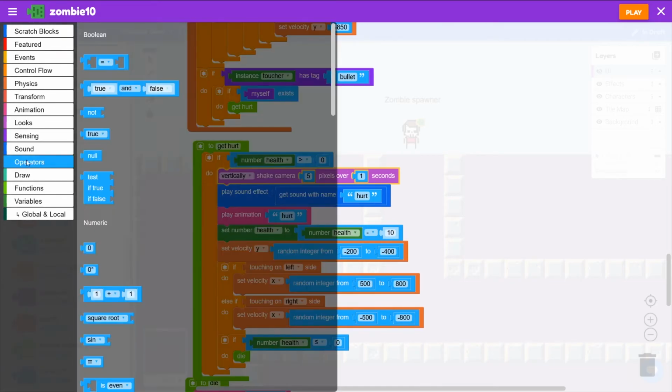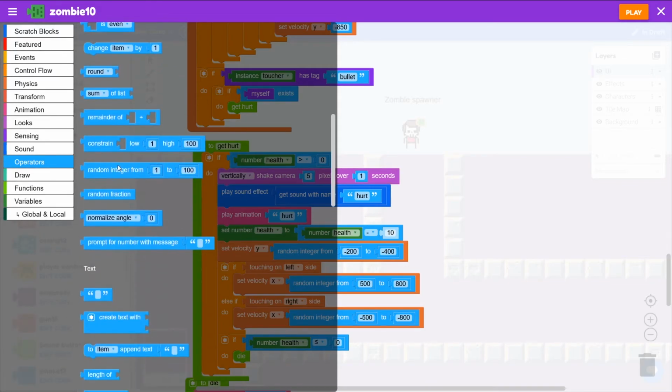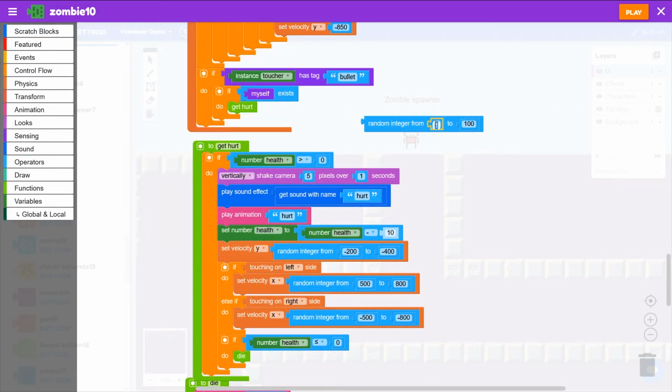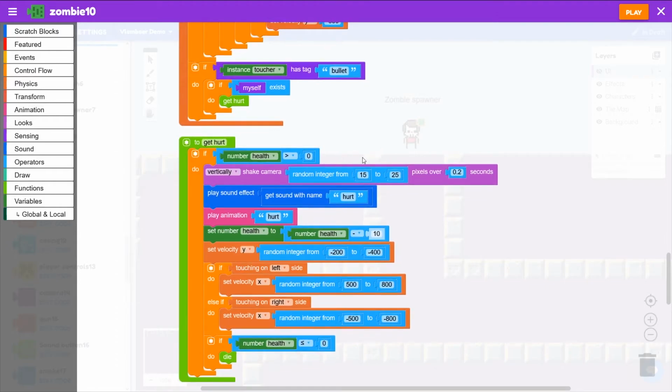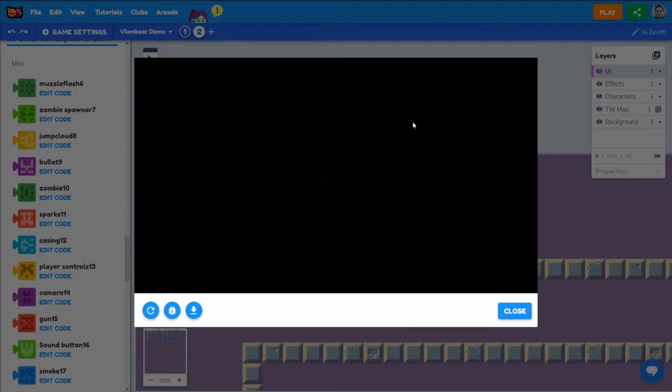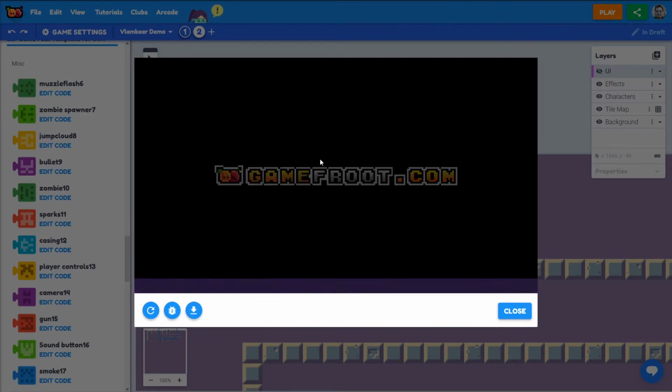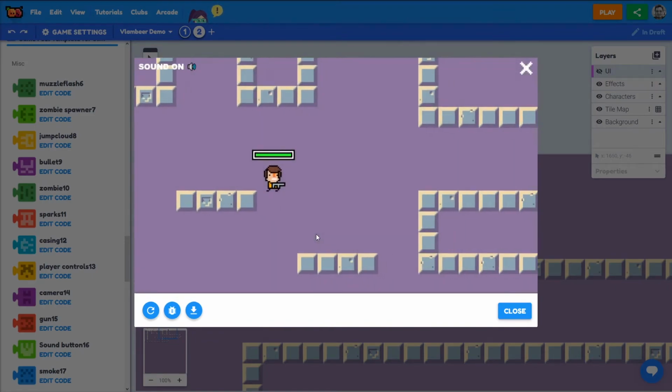If we go to operators, we can use our random integer block. Let's try between 15 and 25 for how many pixels it will vertically shake. And then over time, let's make that 0.2 seconds. So a quick, sharp little shake there. Let's play that now. And we should see when we shoot the zombies,